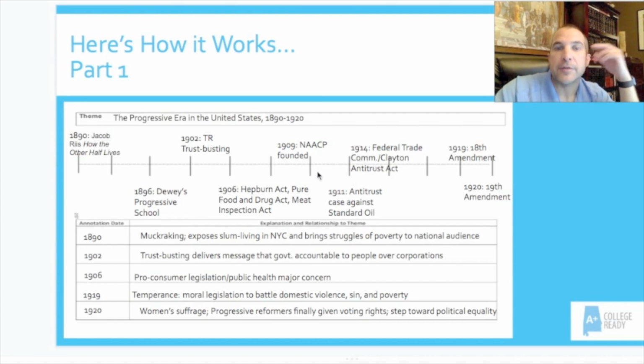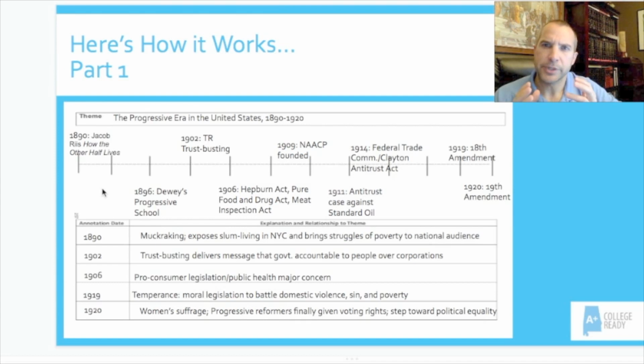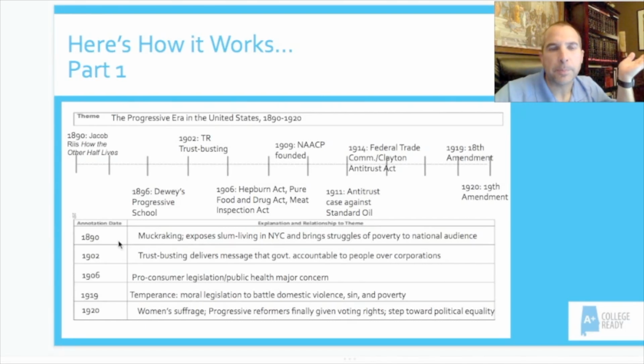So if the students were just going to chart the timeline of events, the next thing you want them to do down here, where it says annotation date and the explanation, is pick out some of the major ones that really stand out, or where they think that they're seeing some trends, where they think that maybe they're seeing some things that are continuous, or they're seeing major shifts, major changes occur. So, they're probably going to pick out something from when it began, because we call this the progressive,